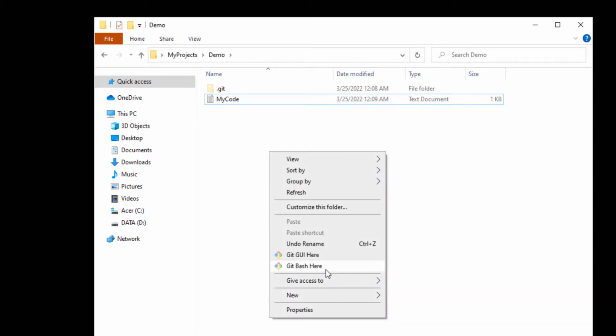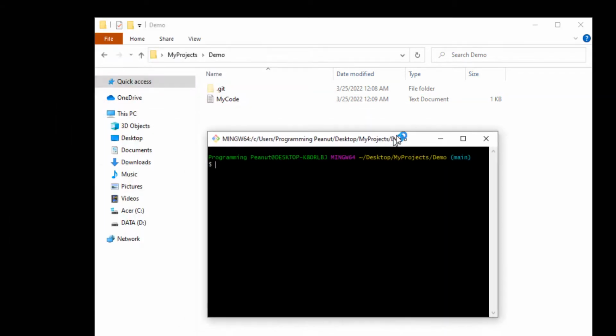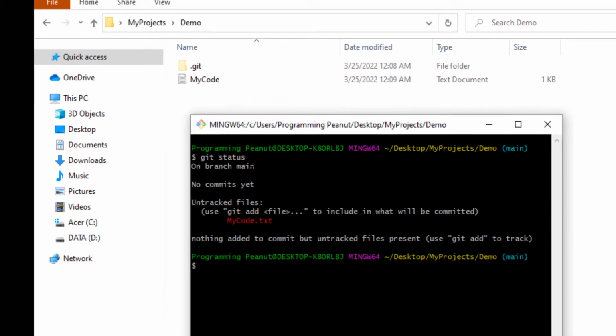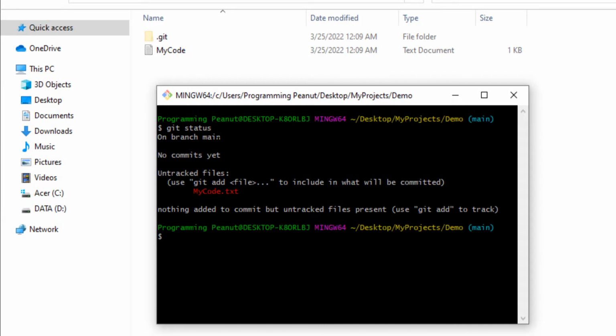Okay, so go ahead and open your git bash window, and if I do git status, you'll see that it detects that change. So we'll go ahead and add that to the staging area and then create that commit. Okay,